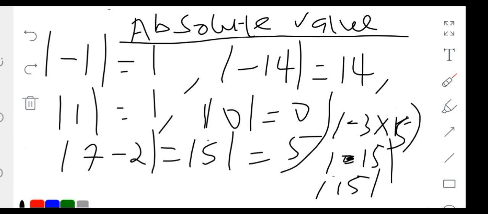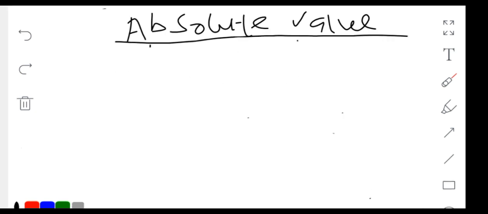So anytime you are given a minus to calculate, just change it to positive. The absolute value of minus 1 will give us 1. Note that we don't have a negative sign as the answer in absolute value. It always changes back to 1. If you see my examples, I want to calculate